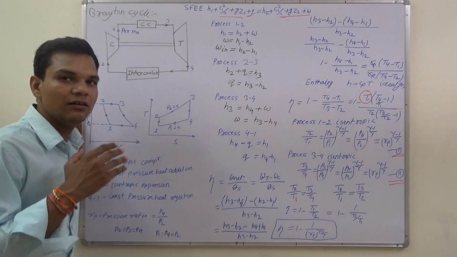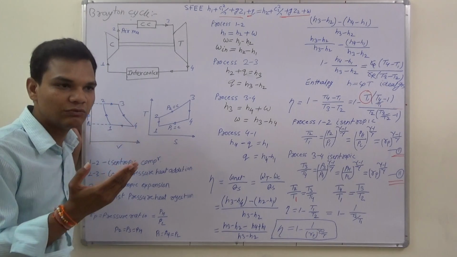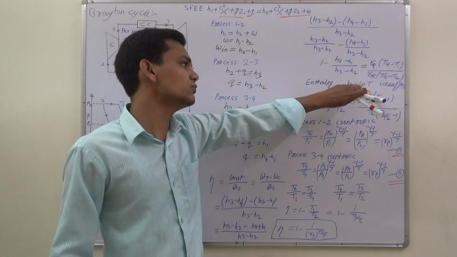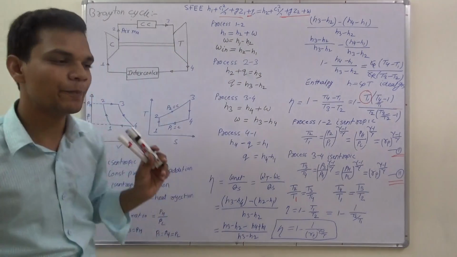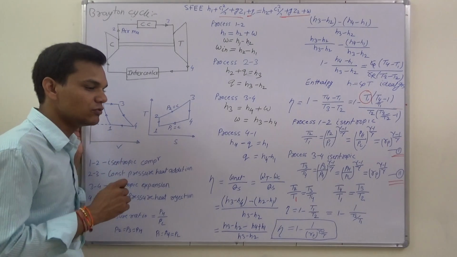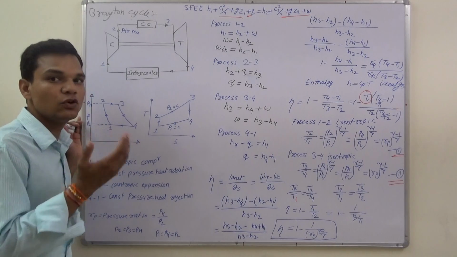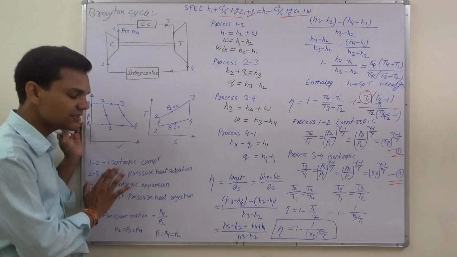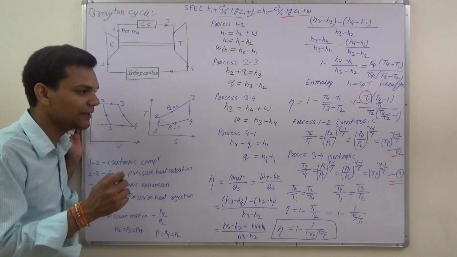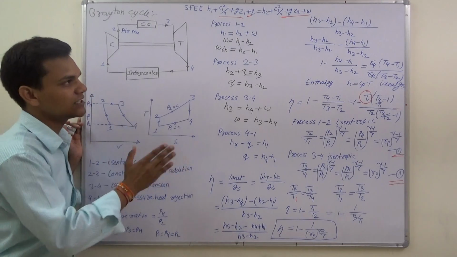In this cycle, our assumption for the air standard is that air will be our working fluid throughout the cycle. Cp and Cv values will remain constant. This we used here for the ideal gas case. The next one is that we assume air as an ideal gas, which we also used. And the next one is that we assume there is no friction at all, which is used in this, that is isentropic, that is reversible and adiabatic. So everything we assumed is used in this calculation.